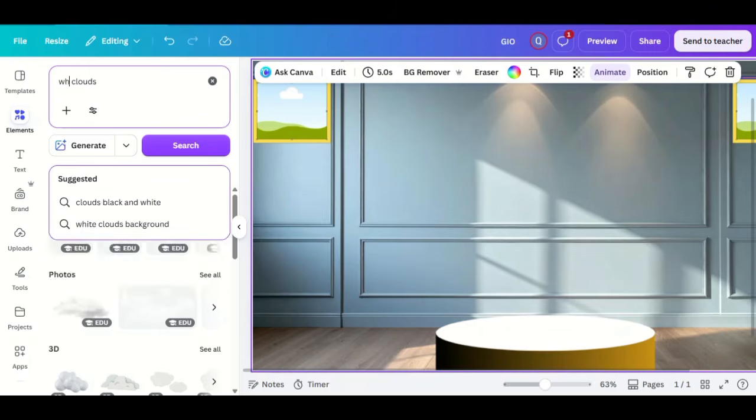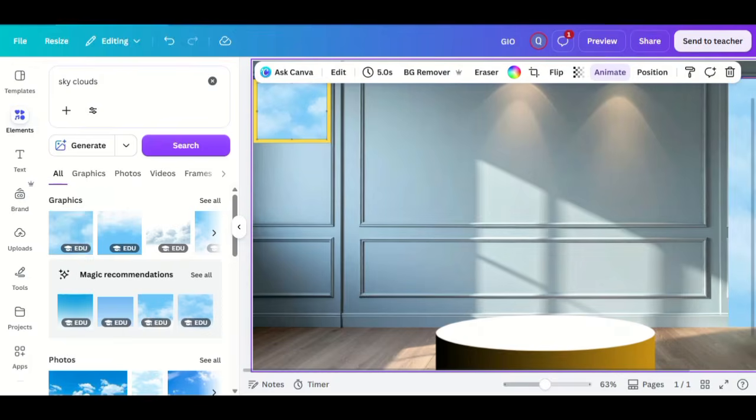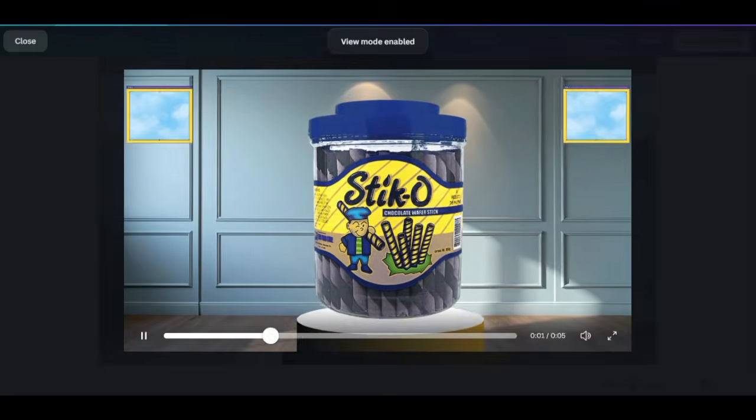Add additional shapes around the frame to create a balanced composition without making the design too busy. Add a bold headline, product details, pricing, and a clear call